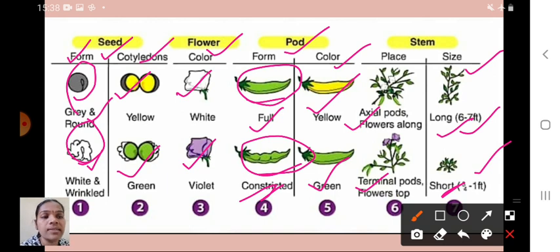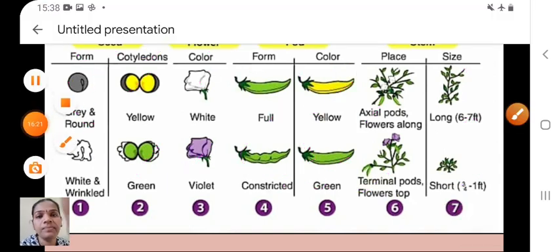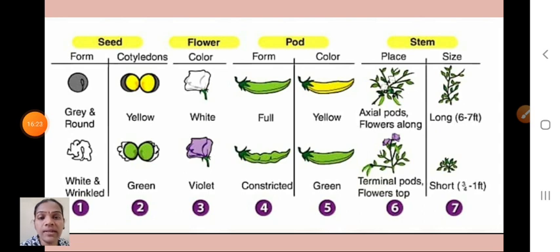Okay children, see here. In this session we discussed what is meant by RNA and what are the types of RNA, isn't it? And the next one is Mendel's law of inheritance, why he chose to do that experiment on pea plant, that also we discussed. Next session I will teach you what is meant by monohybrid and what is meant by dihybrid.